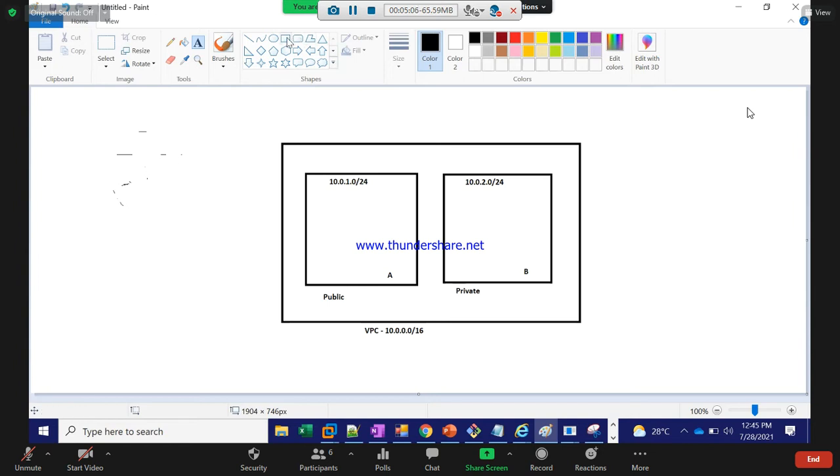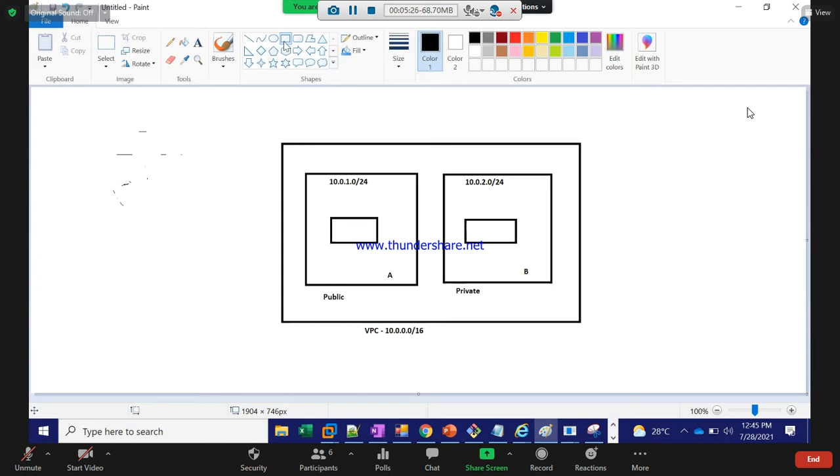When you create any EC2 instance in any of these, this is called an availability zone. Availability zone is nothing but the data center. Let's say this is one data center, this is another data center. So this is an EC2 instance which you created.